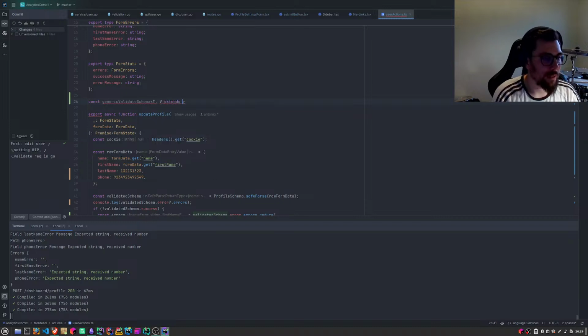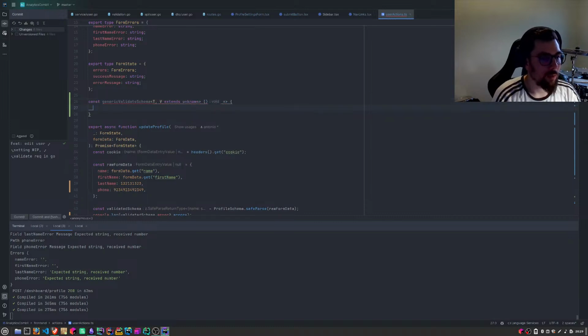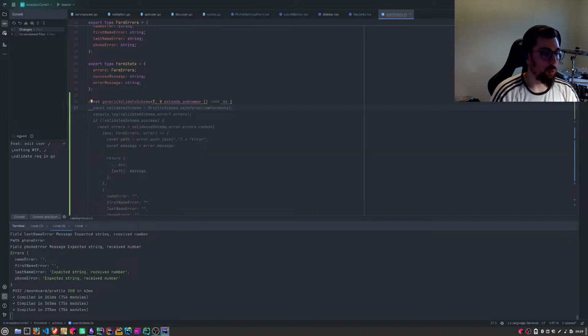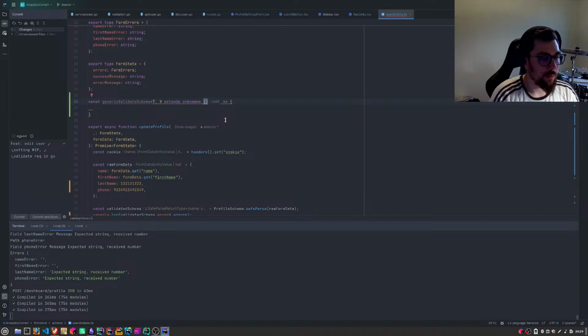Then extends unknown or something like that, and then we can pass a Zod schema as our T, and our V will be our data.